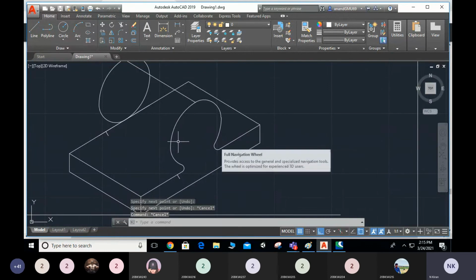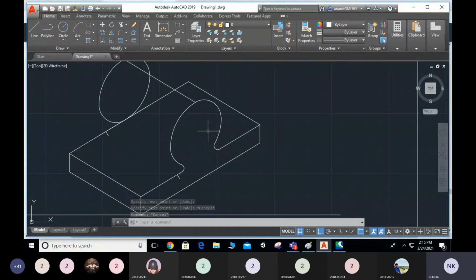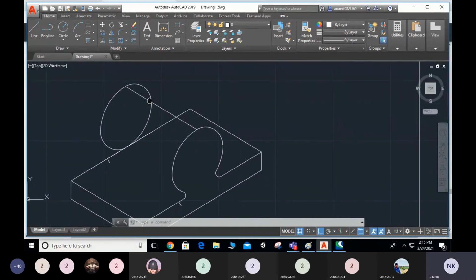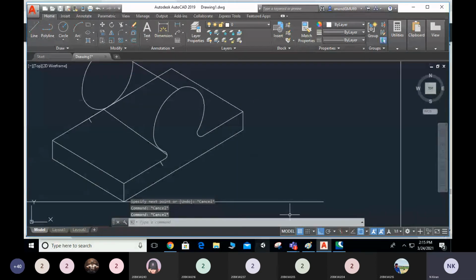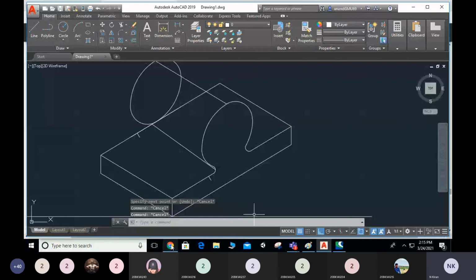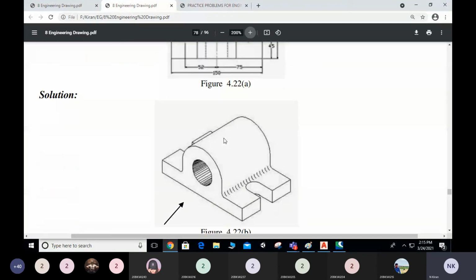Yes, and in the middle also you will get another circle. Again, L, enter. From this corner point, I will join up to here, so that your base is completed like that. After completing all the diagram according to the dimension, you can get the dimension like this.